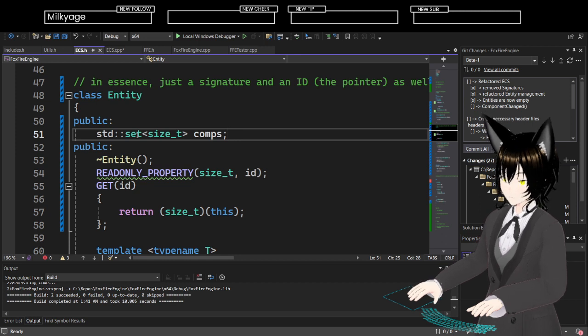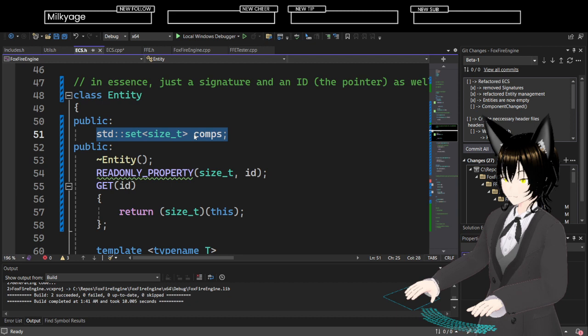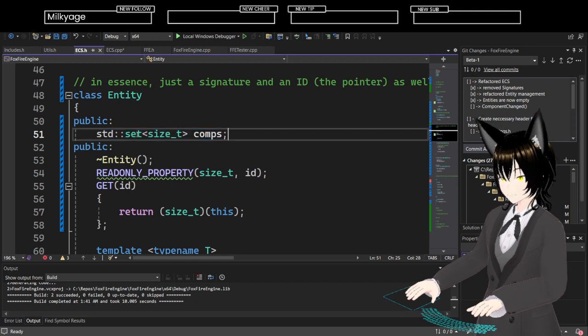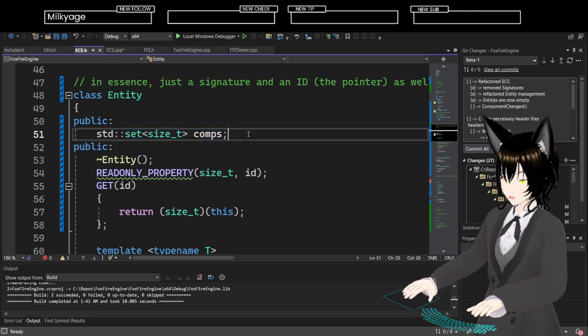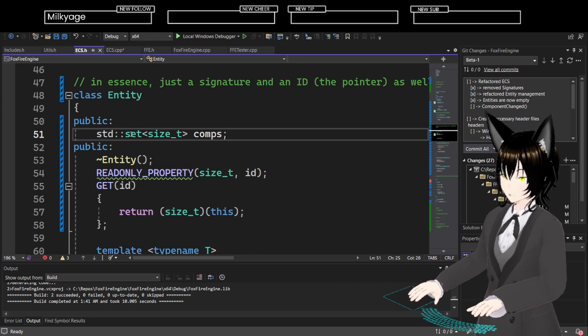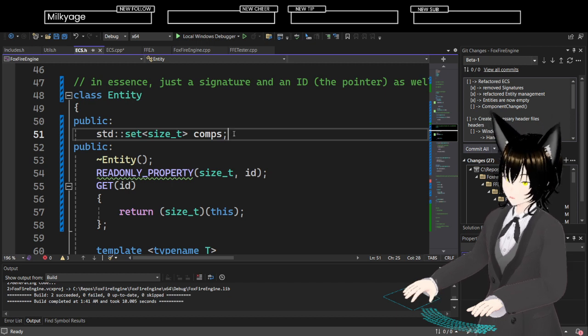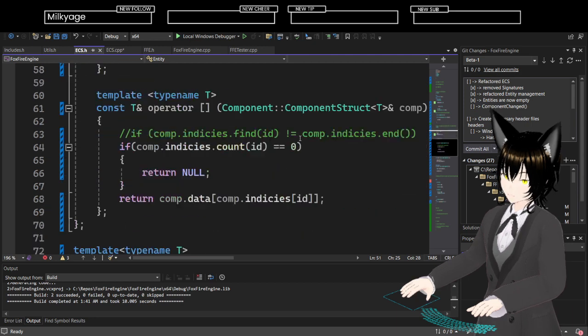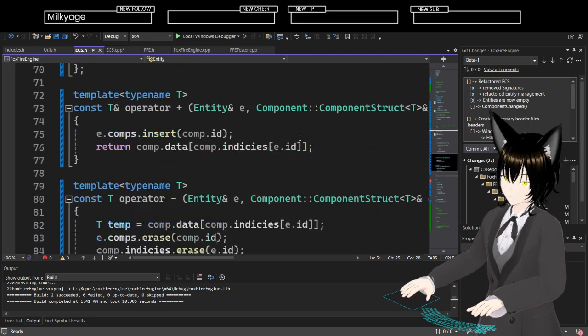So if you are going to have a memory footprint, it needs to be useful. So I think having a set of its own components is fine. 24 bytes seems fine, and I think it should be able to kind of pay for itself as I create more and more components.